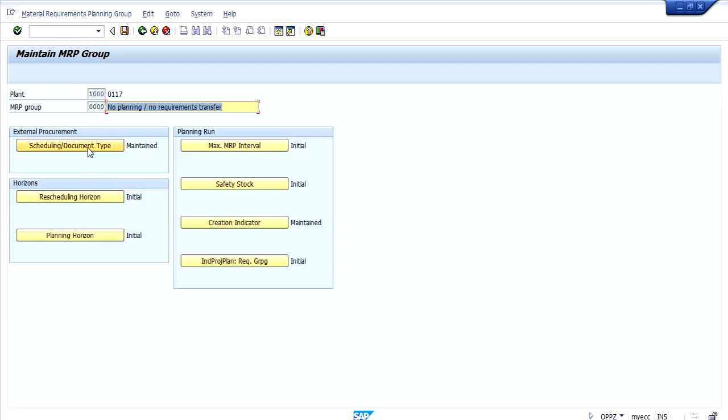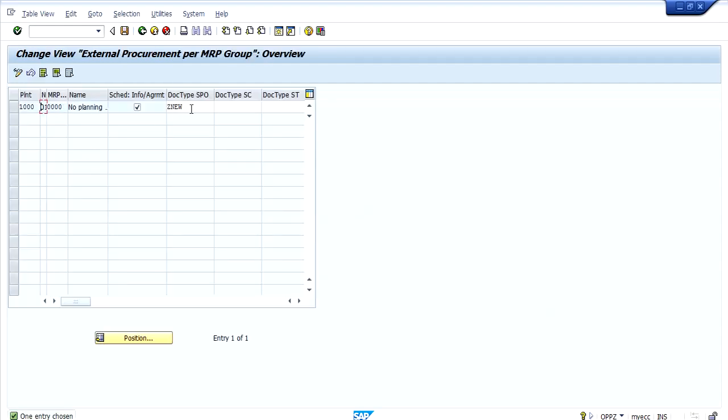So now inside go to document type. Whichever purchase requisition document type I have created is assigned here, which means whenever any MRP is run for this plant, and if that material is externally procured, then automatically the system will create a purchase requisition with this document type.